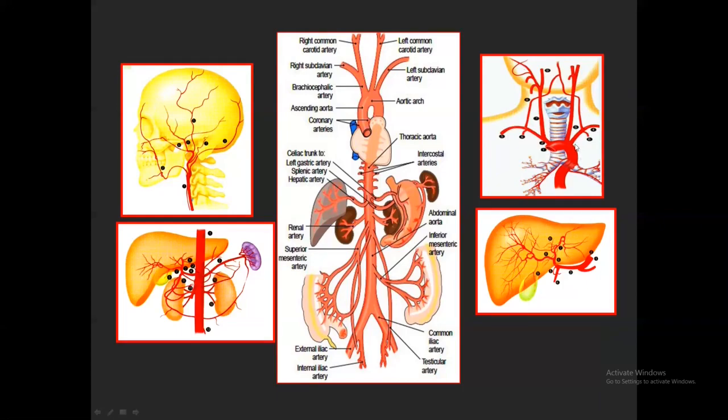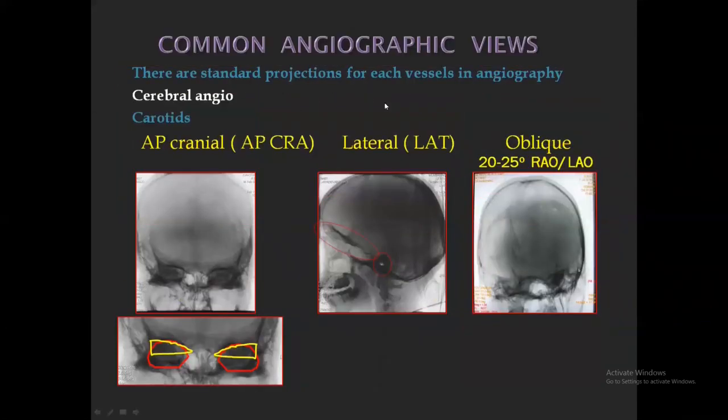This is the arch anatomy, the arch vascular anatomy, which shows the carotid and vertebral arteries. Then common angiographic projections. Here I am just mentioning a few common angiographic projections of cerebral angiogram. The most common projections are the angiographic AP view, which is actually an epicranial view, in which we are seeing the bony landmarks, like the orbital roof or the orbital margin, which should exactly coincide with the roof of the petrous bone.